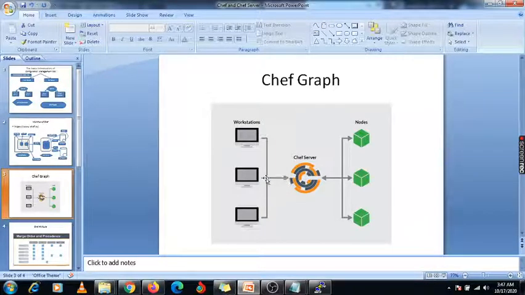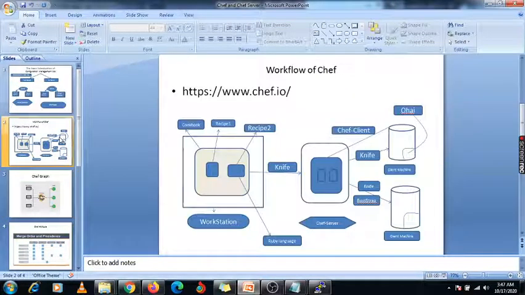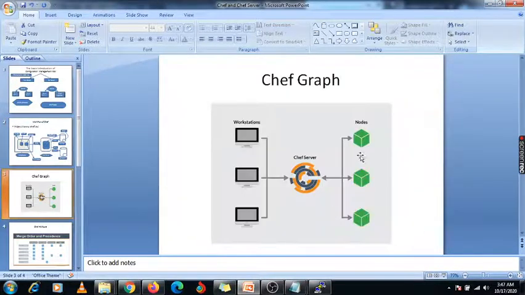Okay, so here you can see this one-way arrow, right? But on the node you can see there is a two-way arrow, right? Same thing we have discussed in the previous diagram. There is a two-way arrow.